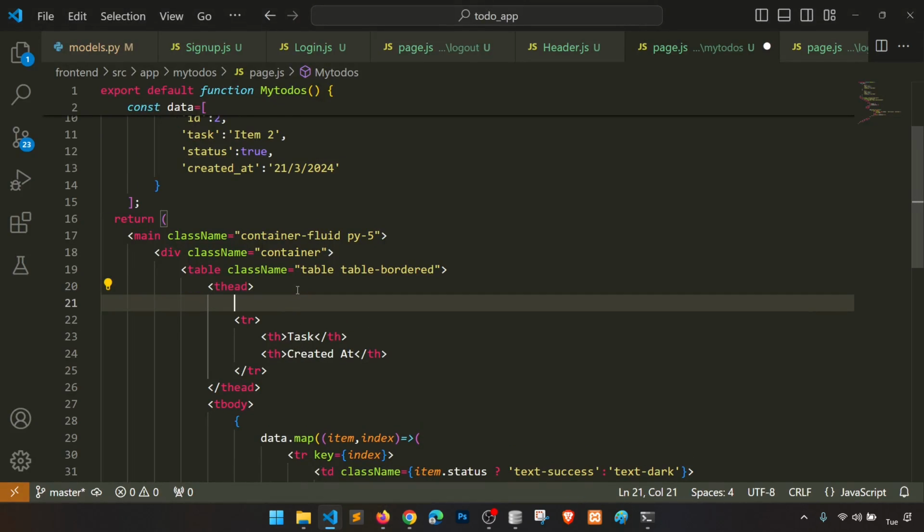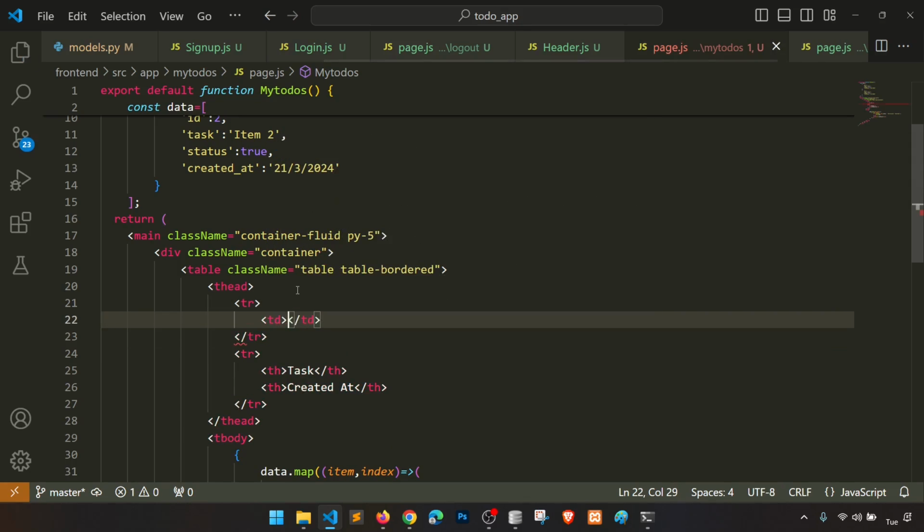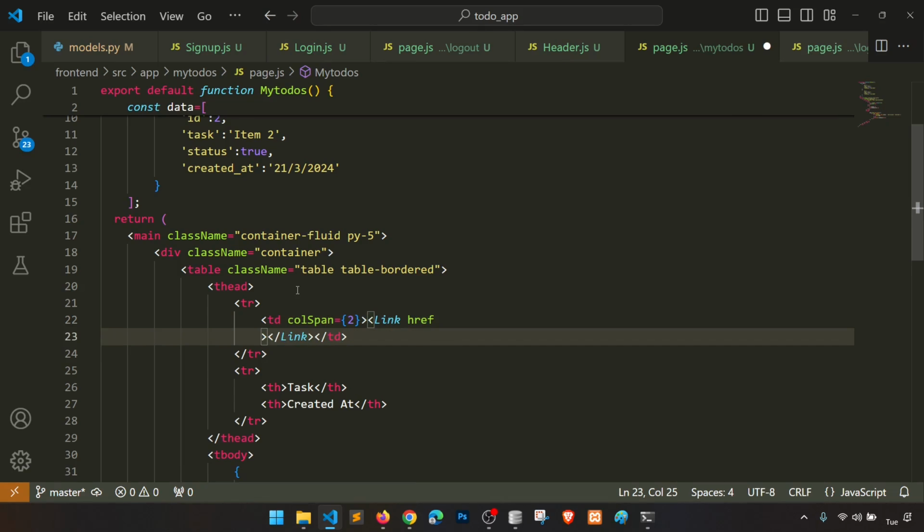Let's create one more row, right? And in this we should have colspan 2, and we should have a link, right? Sorry, link, and link href is